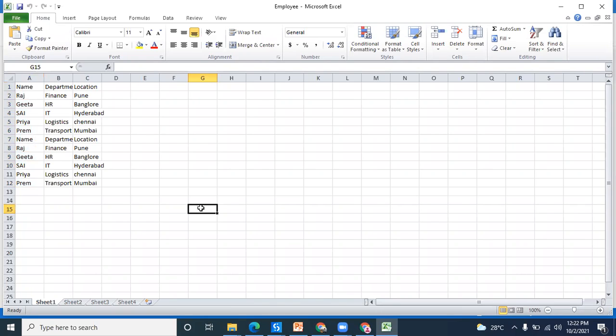So let's see, this is my first Excel sheet, and we are converting that into a data table. If I want to find what is the department name of Raj, how to find that? Or if I want to find out the department name of Priya, the department is Logistics. But sometimes there are thousands of rows and we are not able to find the respective values. So to look up the values for a respective column name, we can use the Lookup Data Table activity.